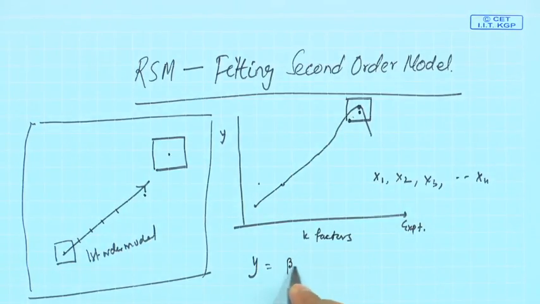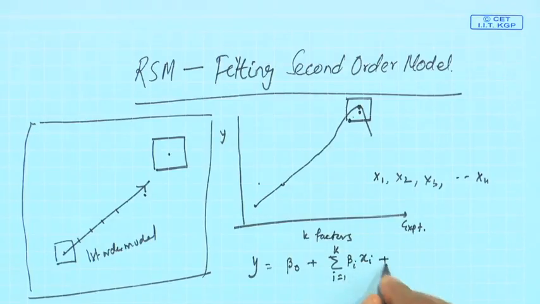Then your second order model looks like this: beta 0 plus sum of i equal to 1 to k beta i x i, plus sum of i equal to 1 to k beta ii x i square,